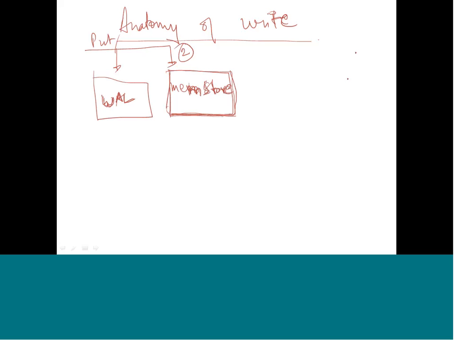The first thing which is done whenever a put happens is you write it to a write-ahead log file. A write-ahead log file is almost the same concept as your redo logs in your Oracle database or your DB2 or your SQL database, in that you write your transaction out into a separate file. The uniqueness of this file is that this file is also resident on HDFS,